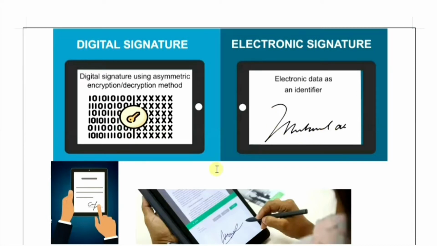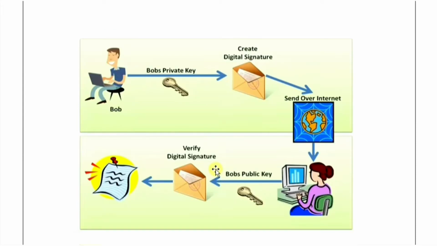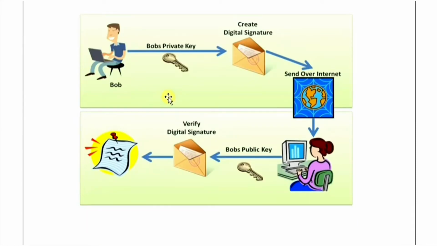Okay, let's see how a digital signature works. Digital signatures are based on public key cryptography, also known as asymmetric cryptography. It uses public and private keys to encrypt and decrypt data. The one key in the pair which can be shared with everyone is called the public key. The other key in the pair, which is kept secret and is only known by the sender, is called the